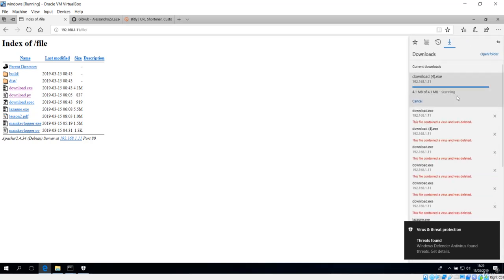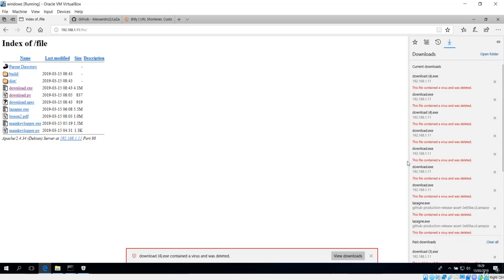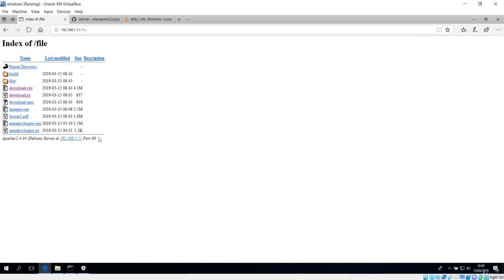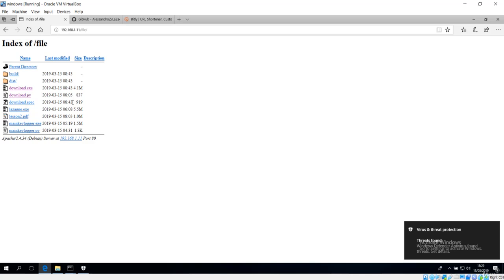But if I go to the downloads now, it is scanning obviously, and if I view the downloads, it has already been deleted. But let me remove Windows Defender and show you that this download.exe now has the icon of the PDF file, and it has the content of a PDF.